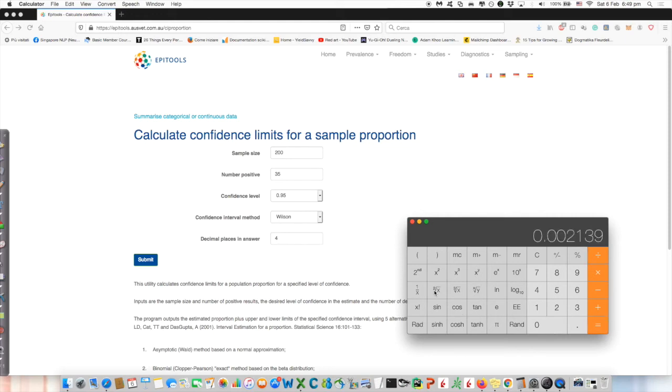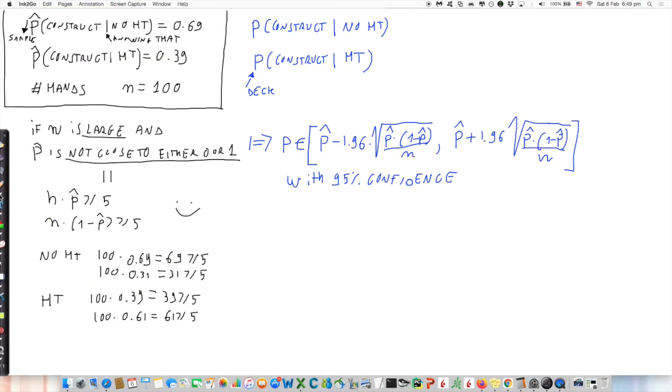We compute the square root and we multiply by 1.96. Okay? So this is basically 0.09. We can approximate it with 0.09. Okay? And then we can write that for, let's write it here, this guy, for the construct with no hand trap, I just write here